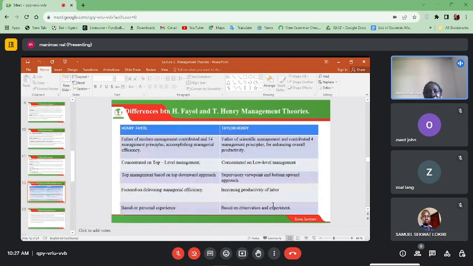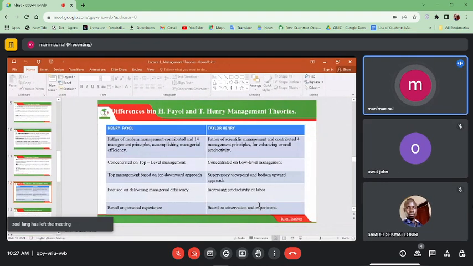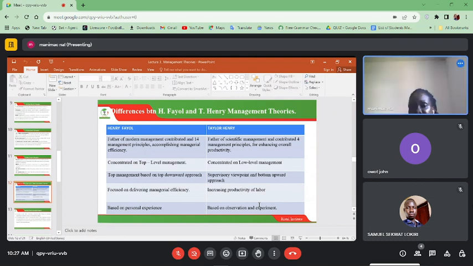So if we are to compare the differences between Henry Fayol and Taylor's management theory, what do they talk about? Well, when we look at Henry Fayol, we look at him as the father of modern management, and he contributed the 14 management principles for accomplishing managerial efficiency. Taylor is also a father. He is the father of scientific management, and he contributed four management theories, which is number 1, we have